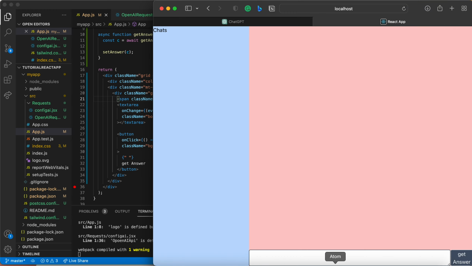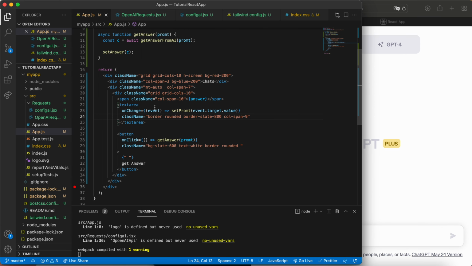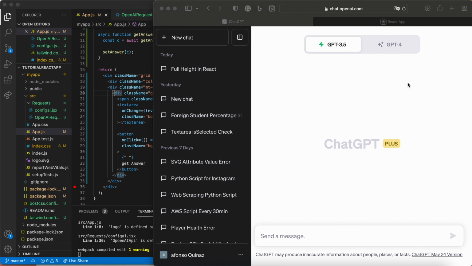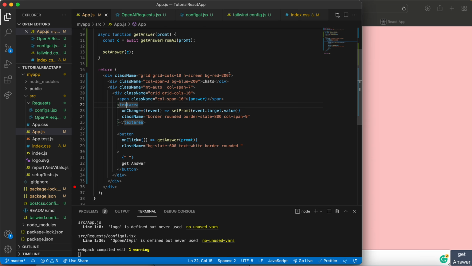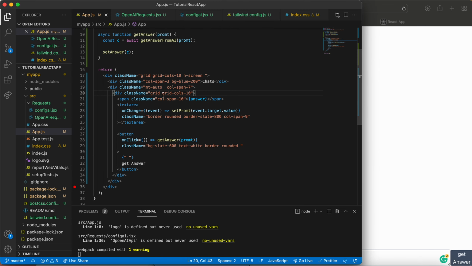and we are going to have something like how much is 1 plus 1. We click get answer, and we are going to have our answer in here. We can set our background to a lighter color, so for now we have a reddish color that it's this one. If we take it out, it's gonna be like this, but